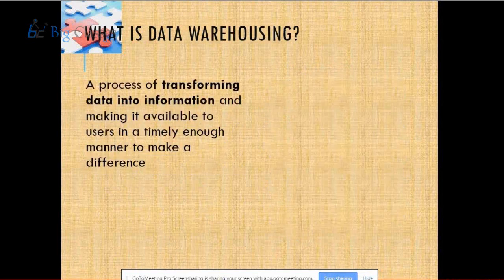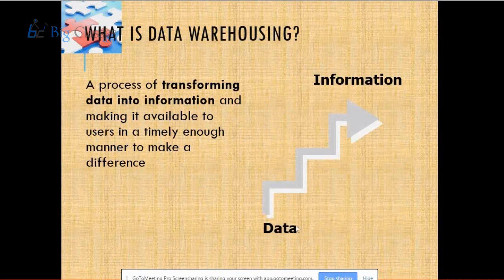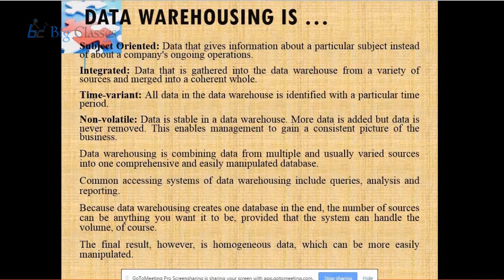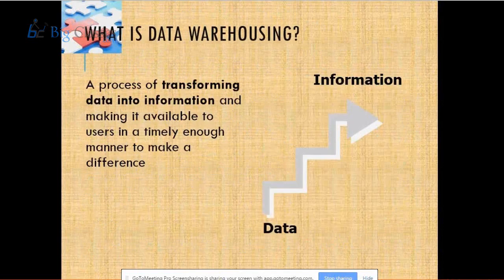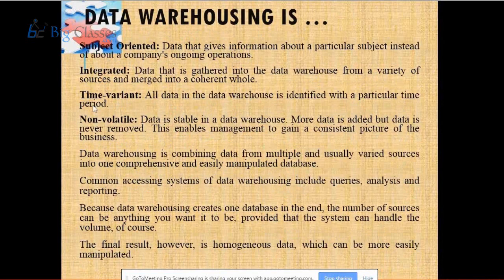So let's go through the other information. In short, a data warehouse is nothing but data which was not giving you any information. Now in the data warehouse, you are able to get some information out of it, which is able to deliver important reports or information to the business. As per Ralph Kimball, which we have already discussed, it's subject-oriented, integrated, time-variant, and non-volatile. So all the data is stored in one place,